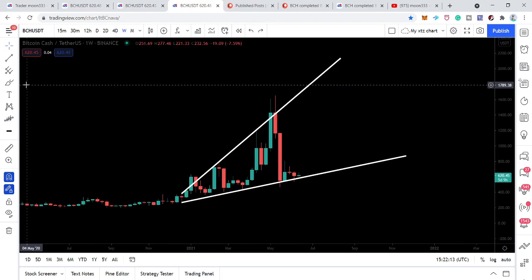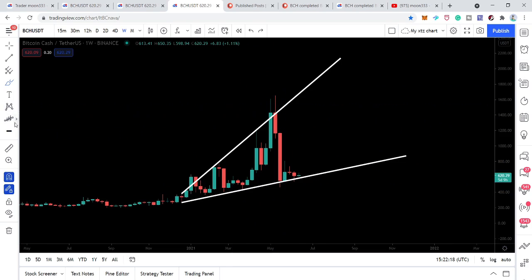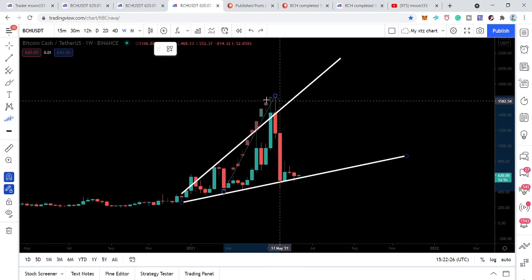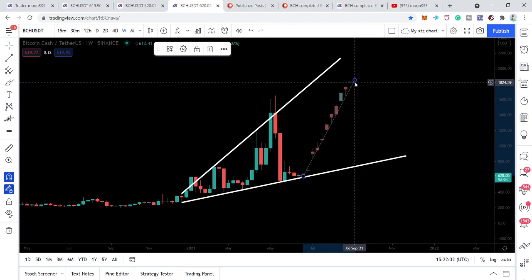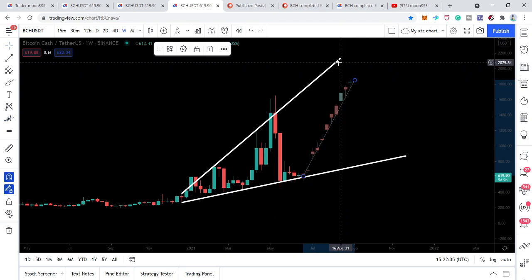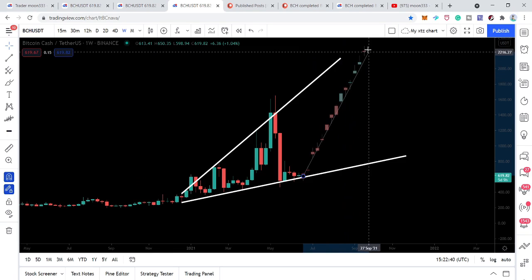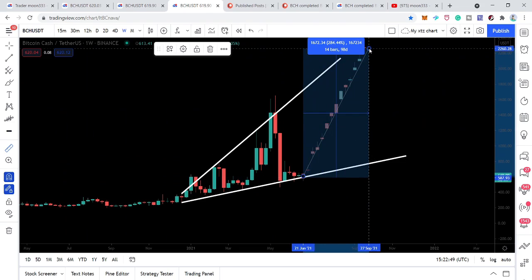For example, if the price action will be moved up in the same angle like it was moved before, I'm just selecting this ghost feed to show you what the price action can do next, from this low to this high. And if we place this ghost feed here, it will hit the resistance of this broadening formation as well. For example, it can be extended up to here. Now I'm just going to place this measurement tool from here up to this level. Then we can see that can be approximately up to